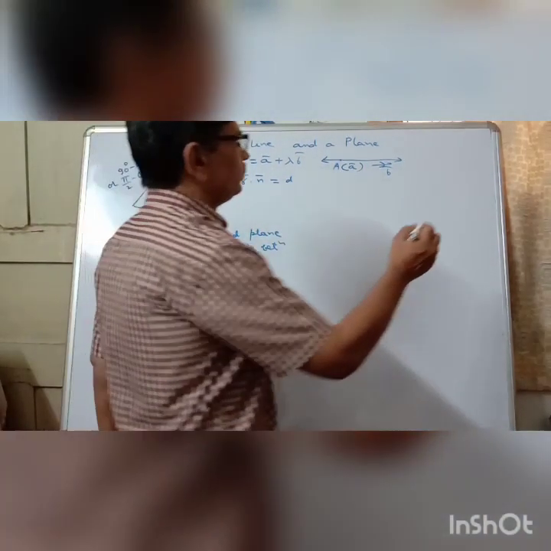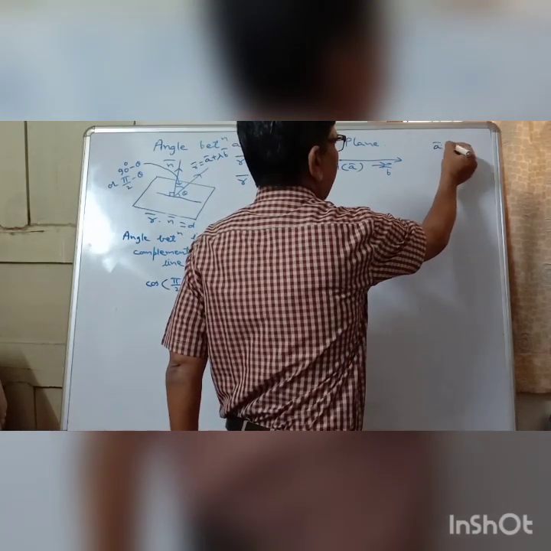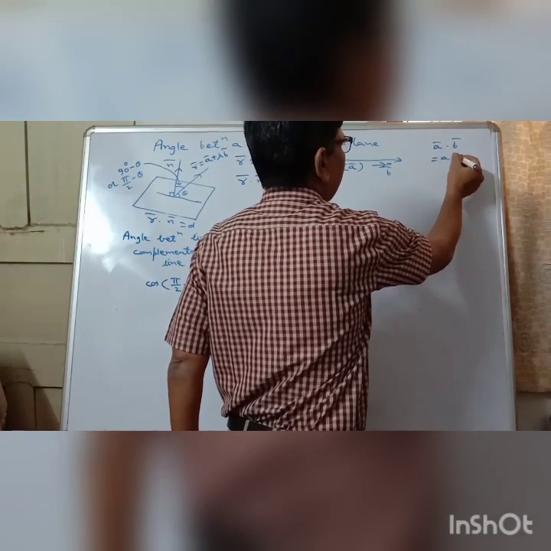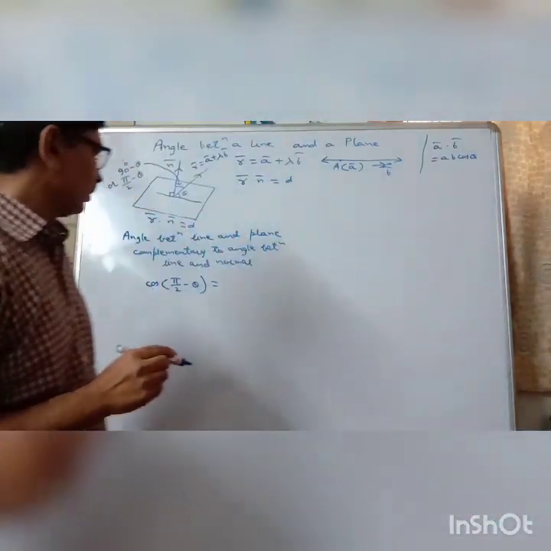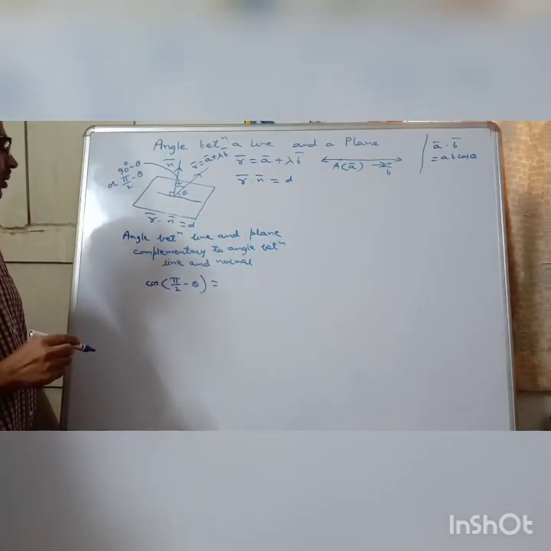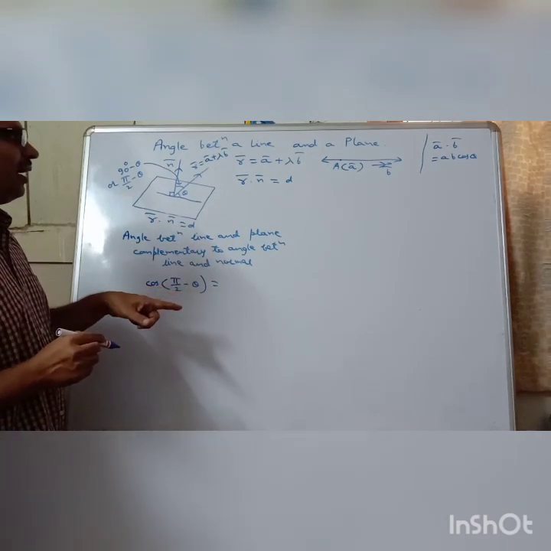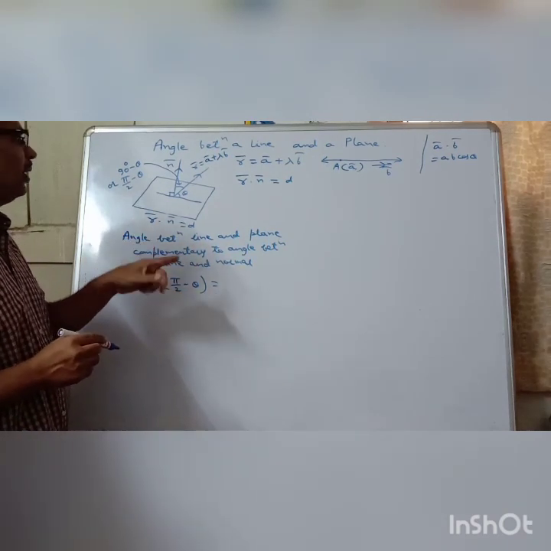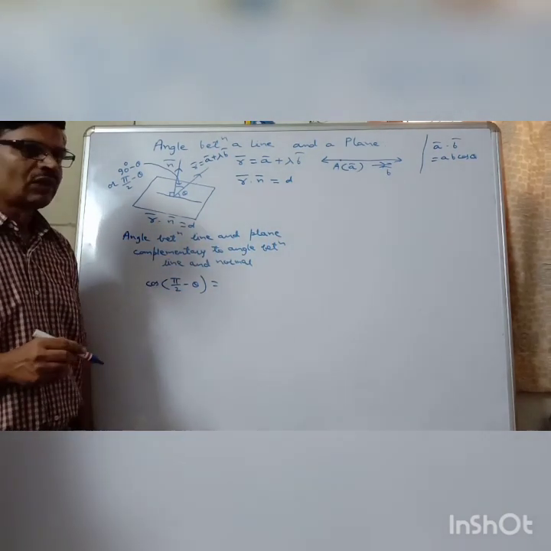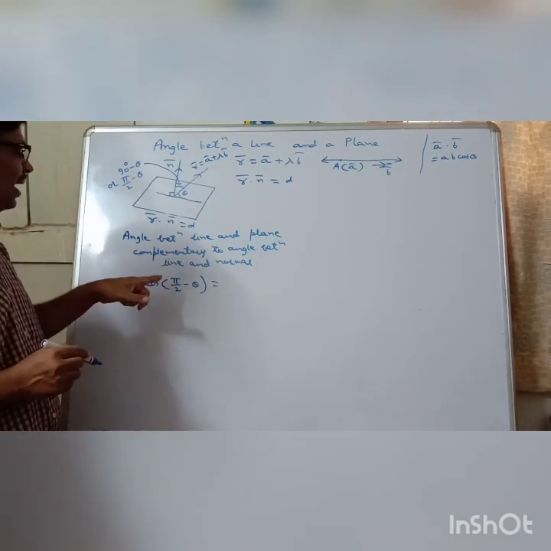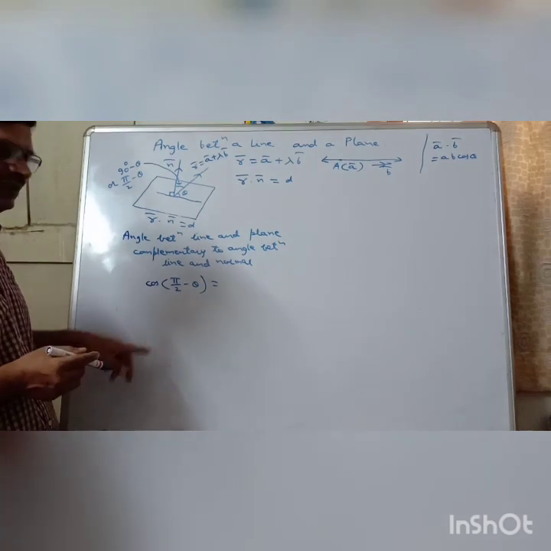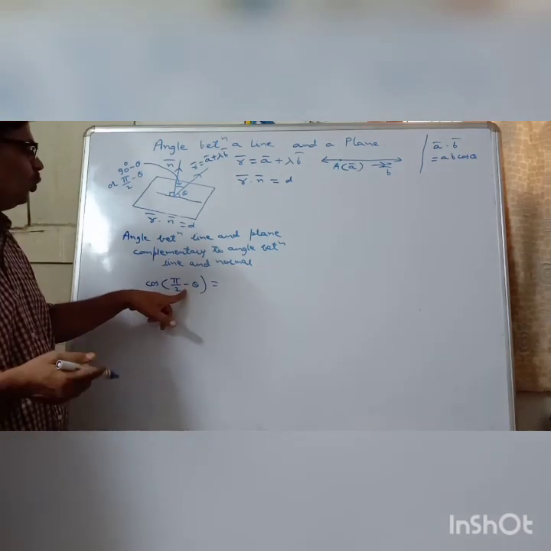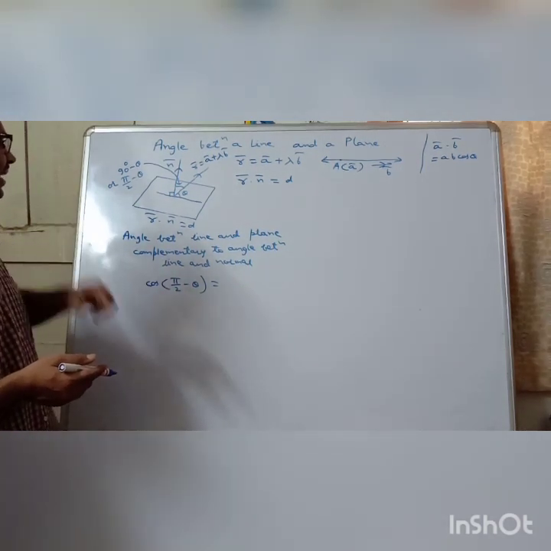Now we know A bar dot B bar equals AB cos theta, so cos theta equals A bar dot B bar upon AB. Here instead of theta, the angle is pi by 2 minus theta between two lines. So cos pi by 2 minus theta is given by,